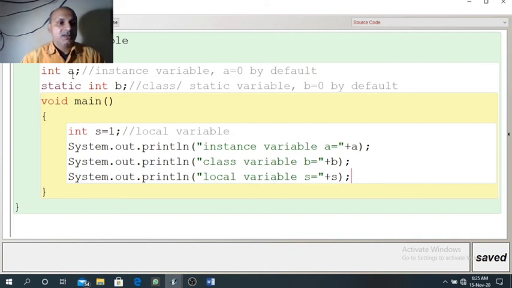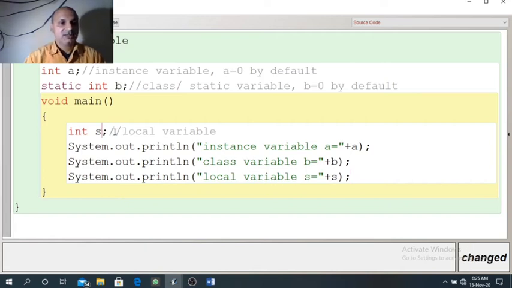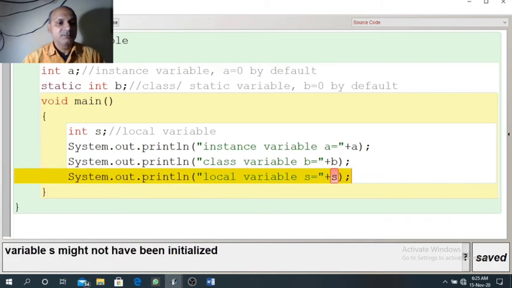So here you can see S is initialized with 1. Suppose we don't initialize it, and we print the value of S, in that case it will give an error. See the error here. You can see the error message: variable S might not have been initialized.